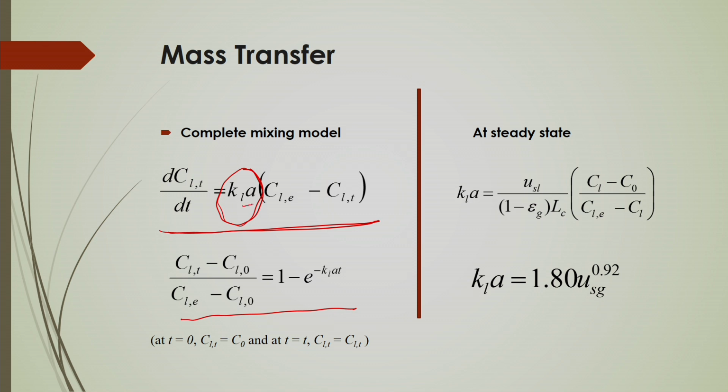This overall mass transfer coefficient is nothing but a function of specific interfacial area. So, once you know this specific interfacial area, you can calculate the overall mass transfer coefficient, and this coefficient depends on the gas velocity inside the column. So, for the downflow system you can easily predict what the mass transfer coefficient should be once you know the superficial gas velocity by this equation here.